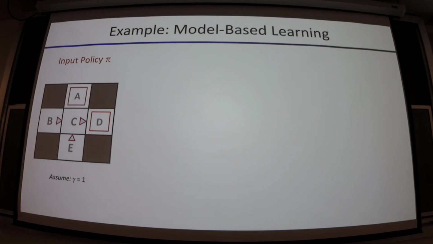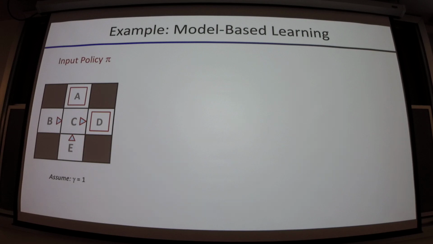Here's our world, right? But the agent doesn't know anything about this world. So this is kind of hard to show, but we can look at this and kind of intuit some structure to this world, right? We can say, based on how we've seen grid things work in this class so far, it seems like we're not going to be able to go from, say, A to D, or A to anywhere else, or E to D, without going through C, right? We can kind of intuit that, but that's not how it works. Beforehand, we don't know any of this, right? We have to figure this out on the fly.